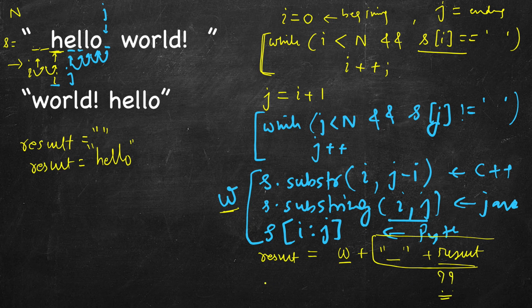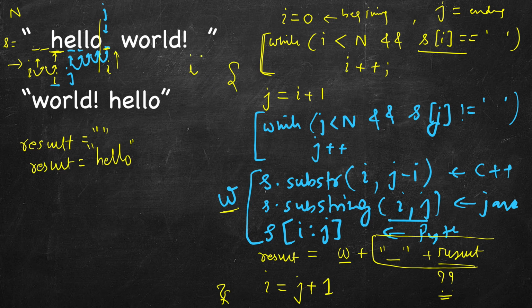So after this, where should we move I? We have taken this word and J was pointing to a space, so no point in checking for J itself. You can keep I here also, but let's move I one more than J. I equal to J plus 1. And again this loop will continue till